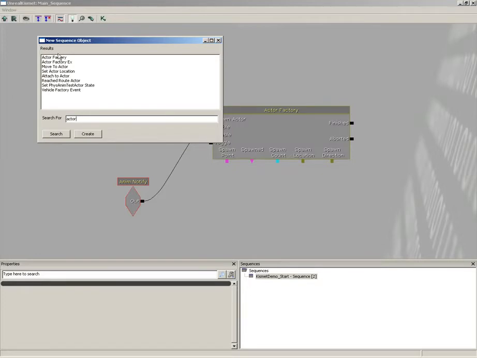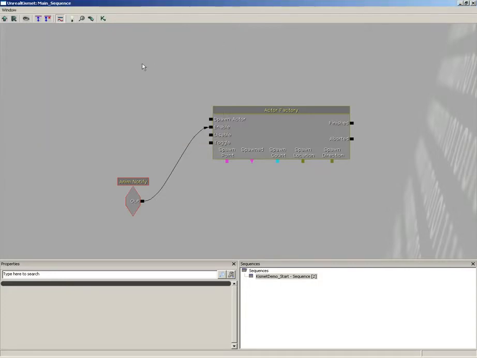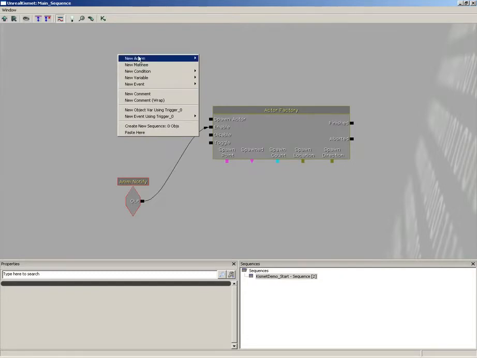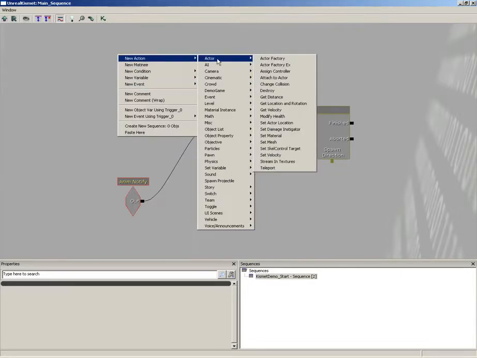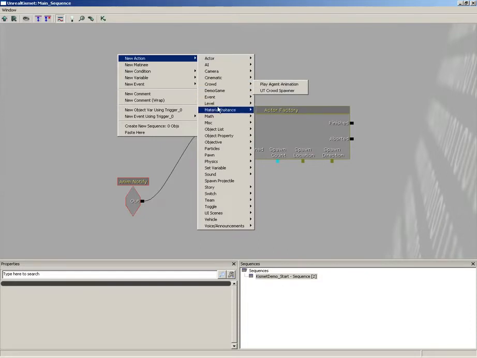Now here's all of the different sequence objects which have the word actor inside them. So it's just a way, if you already know what you want to create, to jump in and quickly find it. Now if you don't know what you want to create, again, this is just personal preference, I find that the right mouse button is a little more useful because you can start off by going, all right, well, I know it's not an event because this is something that is not going to be taking place in the level,